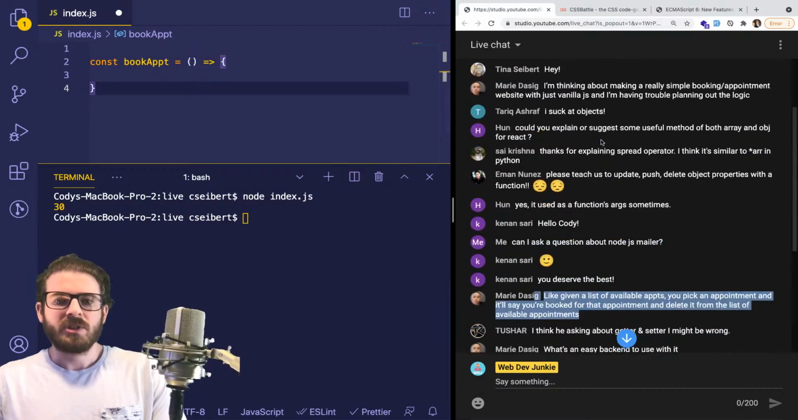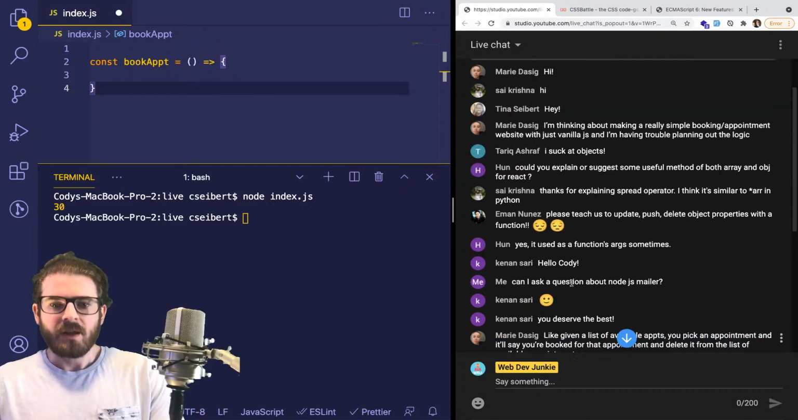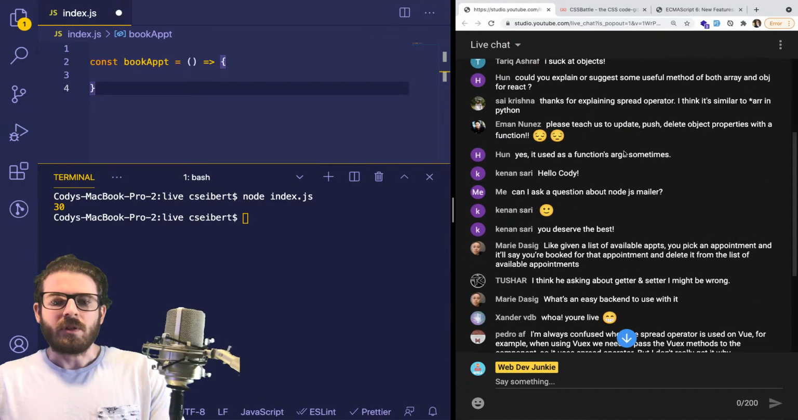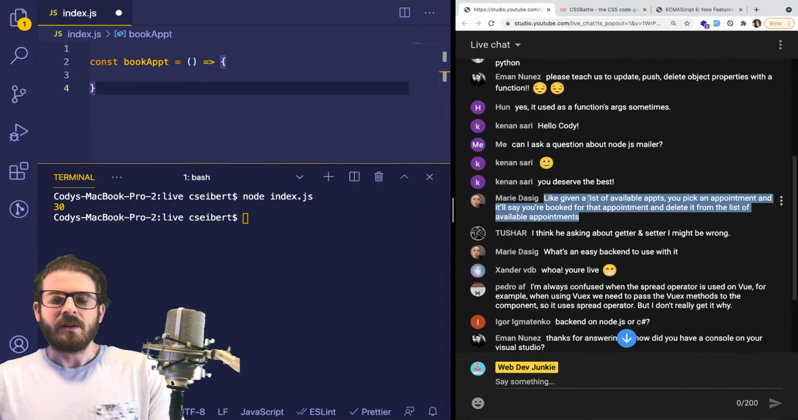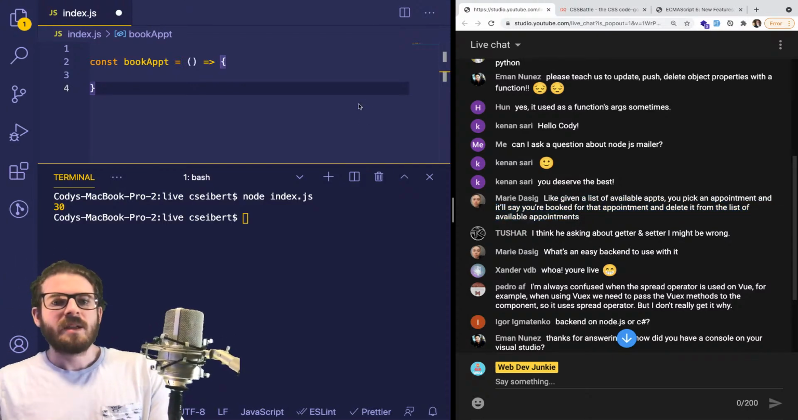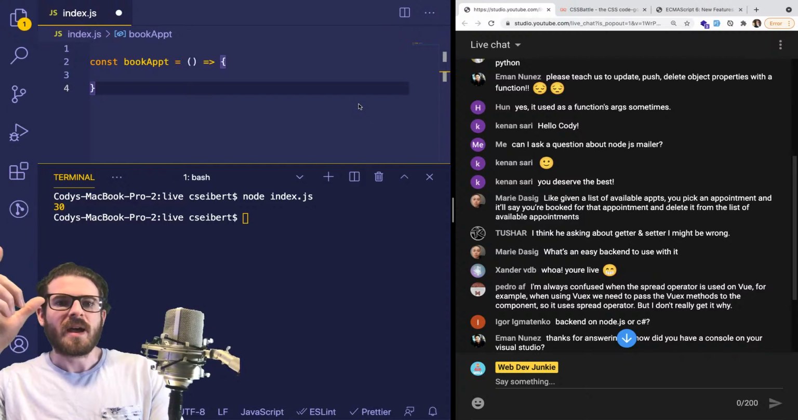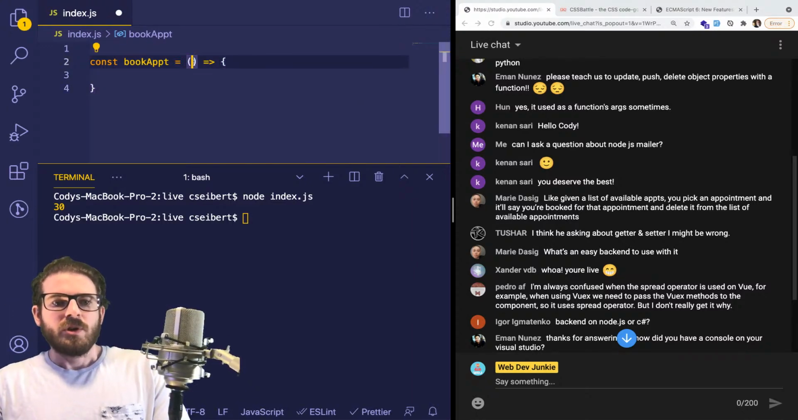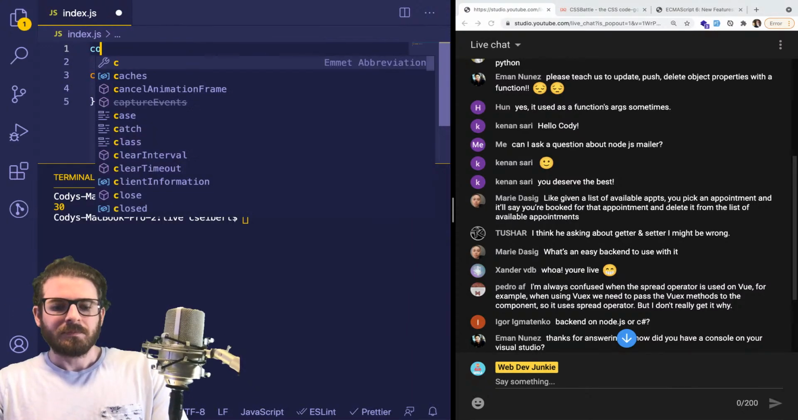To give some context, she asked, or he, yeah, Marie, sorry. They asked up here that they're making a really simple booking appointment website with vanilla.js, and they're having trouble planning out the logic. And then they clarify down here a small use case. If you envision a UI where you have a list of appointments, and there's a blue button on it that says book appointment from 11 to 12. What you could do is behind the scenes,